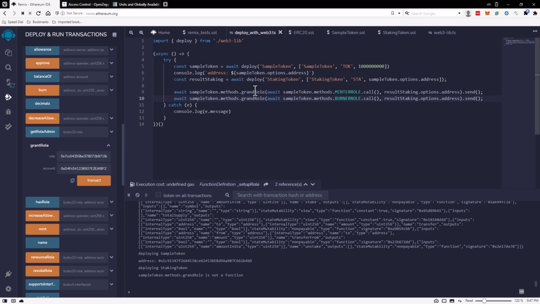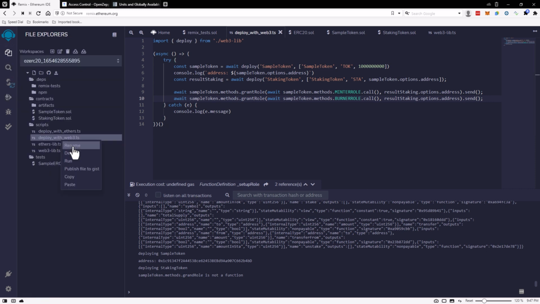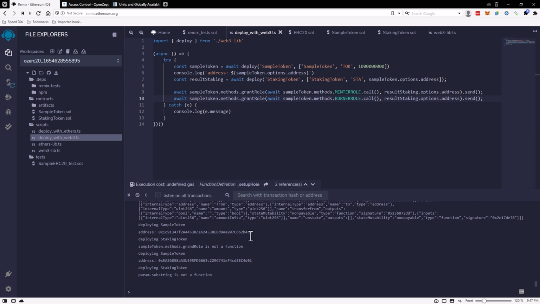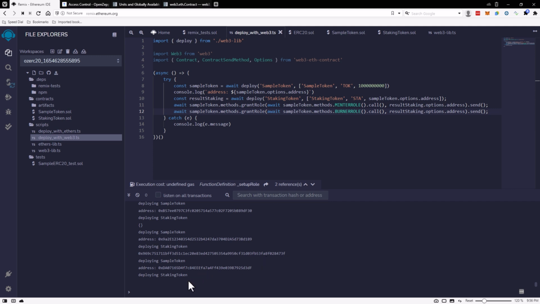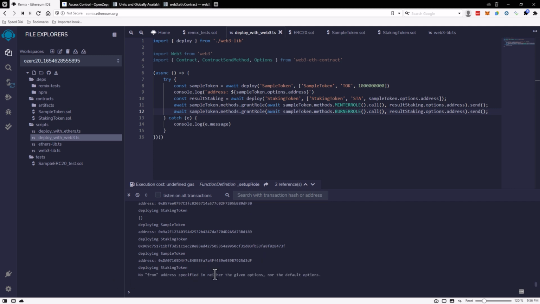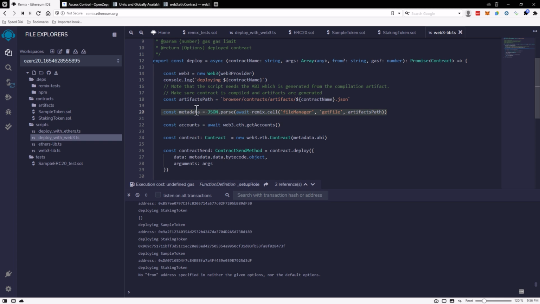Oh, grant with a T. Okay, run this, and it's deploying, and no from field. We have no from field here. Okay, we can fix that very easily. We just go back to our